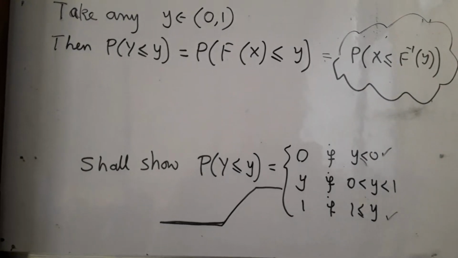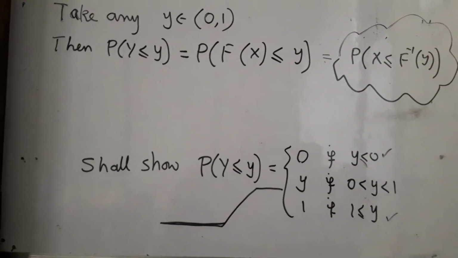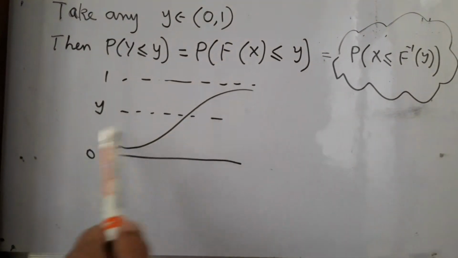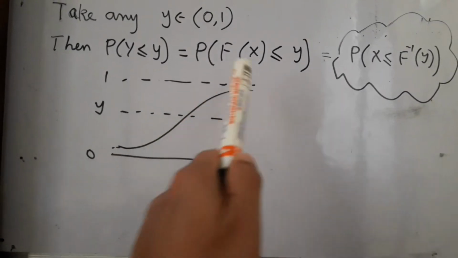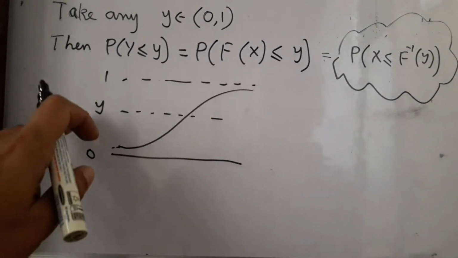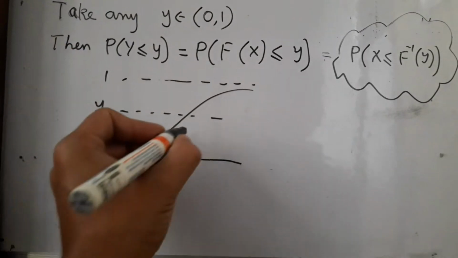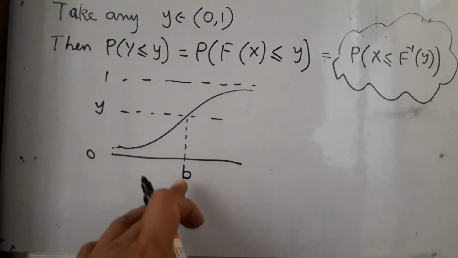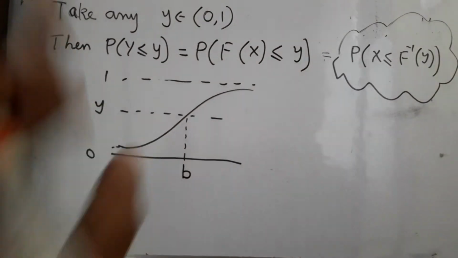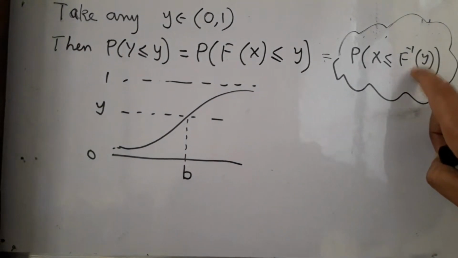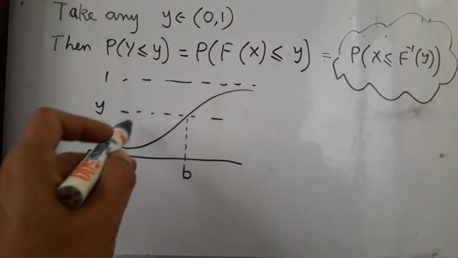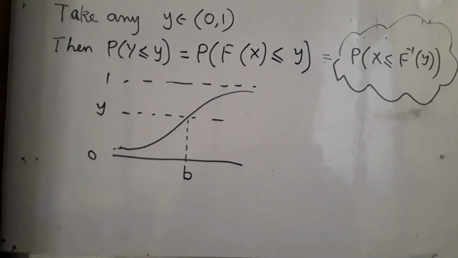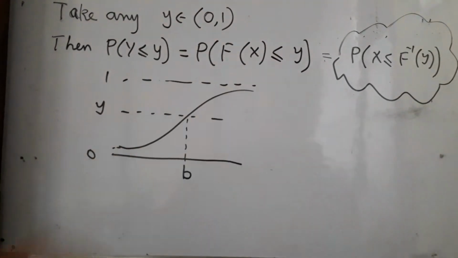That's what I dream. Now let's see with a graph what may go wrong. Now if the graph of capital F_X looks like this, here I have drawn it strictly increasing, and you have got y somewhere sitting between 0 and 1, I can immediately see that there is a unique point, call it b, where F takes the value y. So I can directly put b here. So F(X) less than or equal to y is same as X less than or equal to b, because it is non-decreasing. However, this is not the general case.